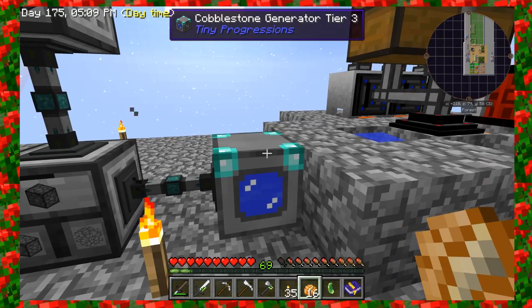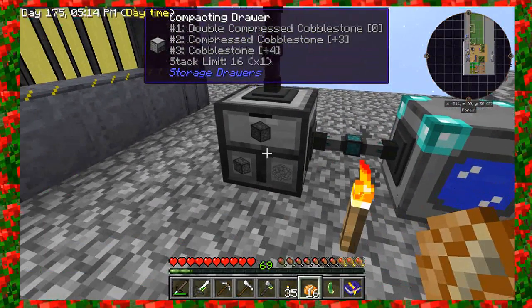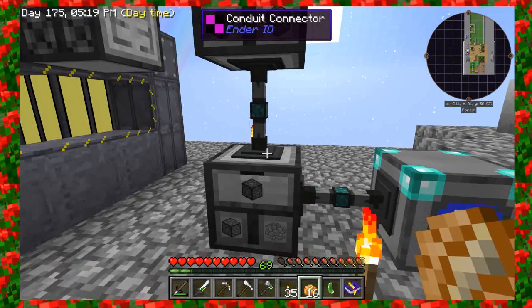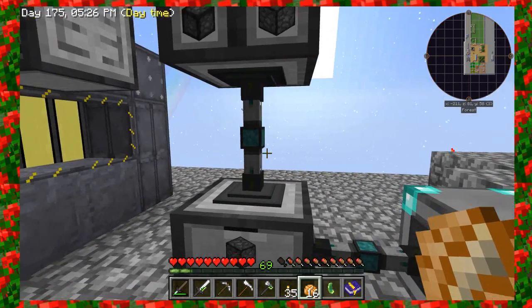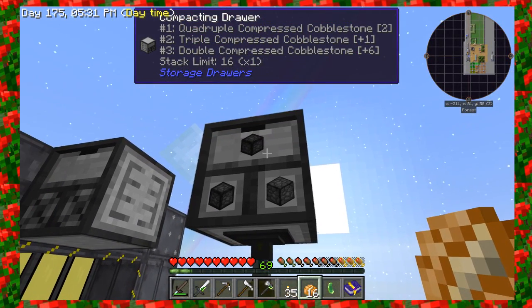I think it actually makes these generate cobblestone faster. As you can see, I have it pulling into the first one. I went ahead and set the extraction from the first one to pull the double compressed cobblestone into our next one, so it makes our quadruple